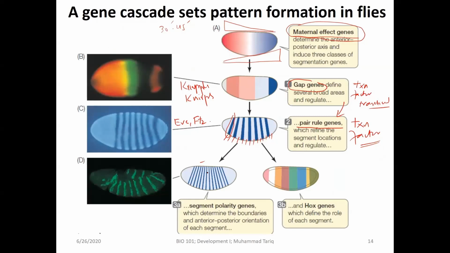Before even-skipped and Fushi-Tarazu disappear, in this segmentation, this stage correlates or coincides with cellularization. Cells become individual here. There are no more syncytial blastoderm. Here is the beginning of cellular blastoderm. Now, once pair rule genes disappear, they actually activate segment polarity genes, and each cell here, since they become cellularized,